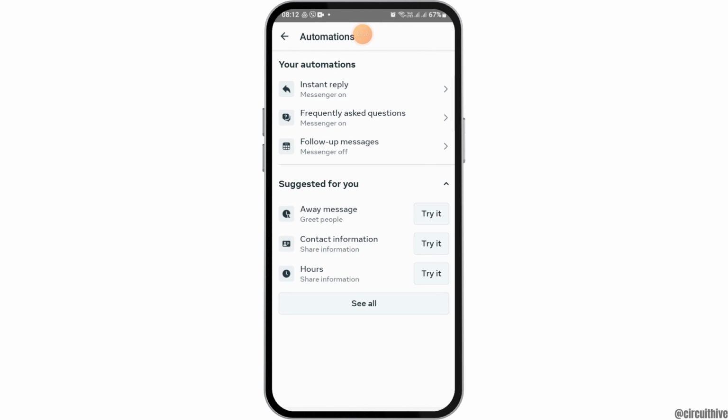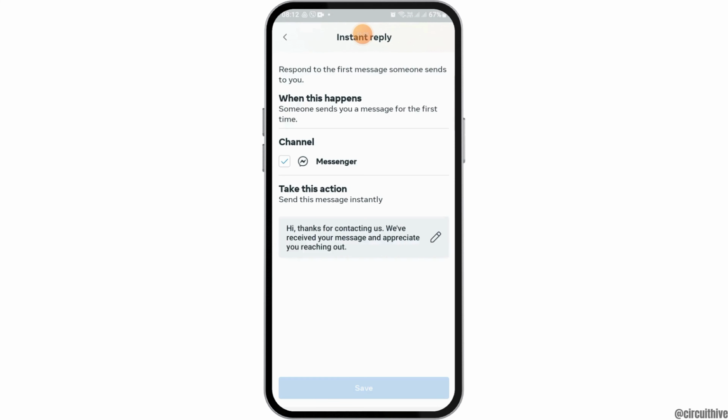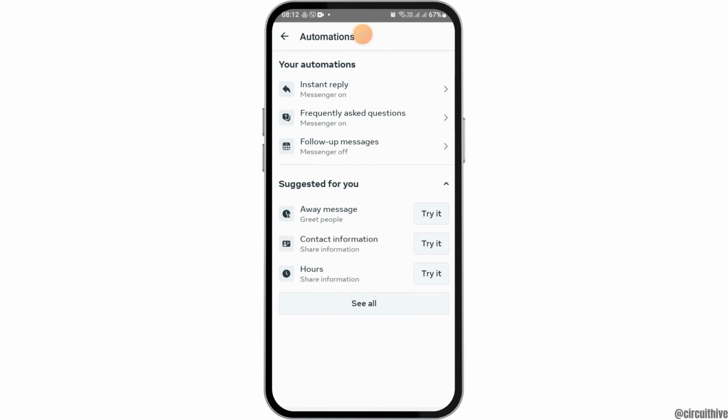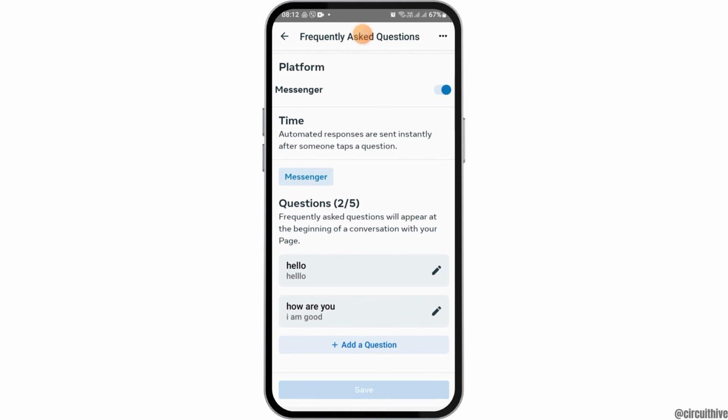After tapping on the option of automation, now what you have to do is, in the option of instant reply, you have to just turn it on. Again, on the option of frequently asked questions, in order to create auto replies, what you have to do